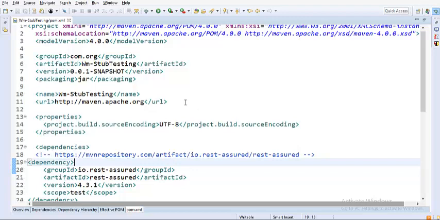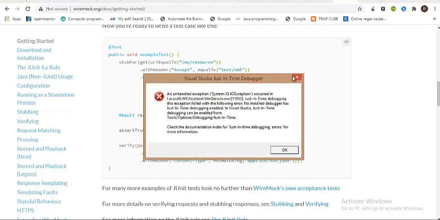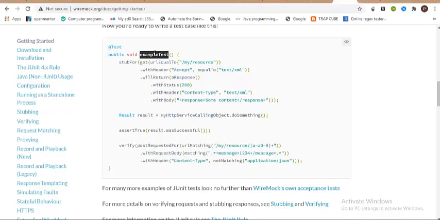So before we actually get into this part, let us have a quick look at the documentation, like how this can really be done through automation, how you can achieve this programmatically. You have a basic @Test method. This is helping us to create a stub, the example test method. If you see, there are different methods, like stubFor is a method accepting some parameter, and get is a method, withHeader, willReturn. These are all methods which are present in the WireMock class. If you go to the Maven dependency, you can see all these methods. These are static methods. With the help of these methods, you can create a stub with different characteristics, and you can test accordingly through REST Assured.